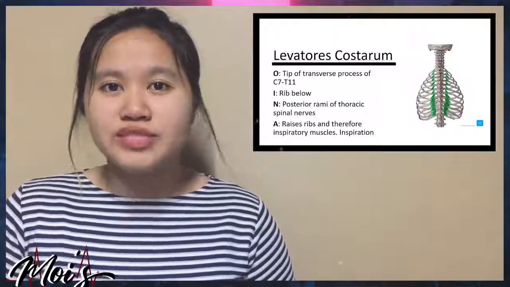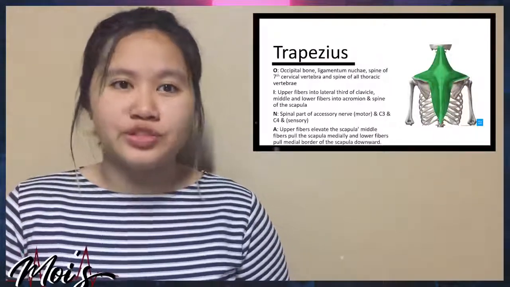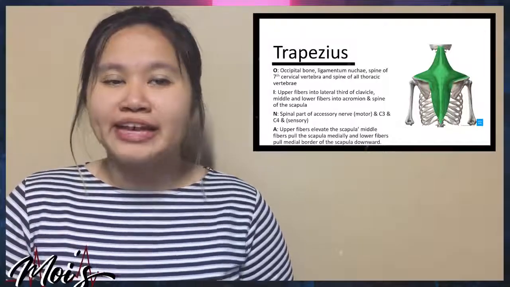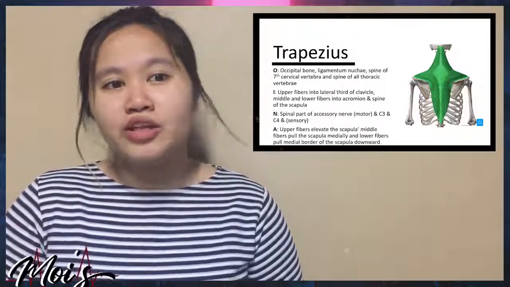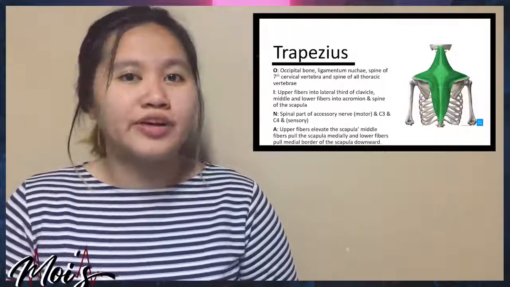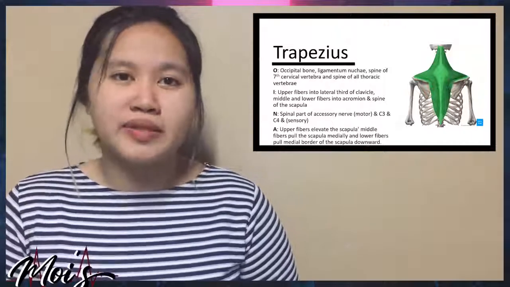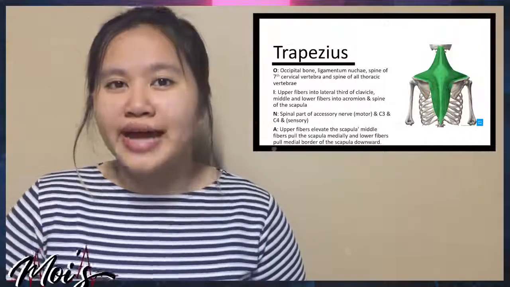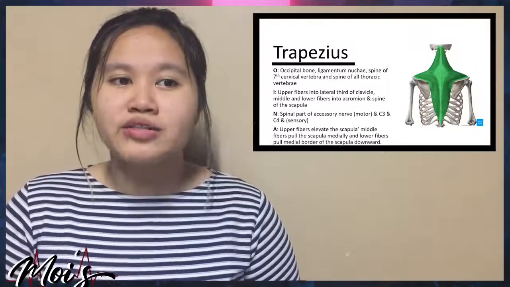Now, let's proceed to the muscles in the posterior part. The first one is the trapezius. It's a large, flat, triangular sheet of muscle extending from the skull and vertebral column medially to the pectoral girdle laterally. It originates in the occipital bone, ligamentum nuchae, spine of 7 cervical vertebra, and spine of all thoracic